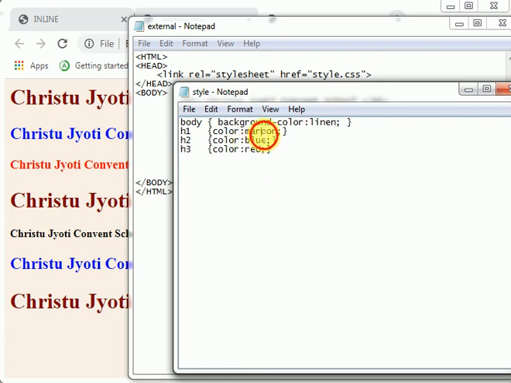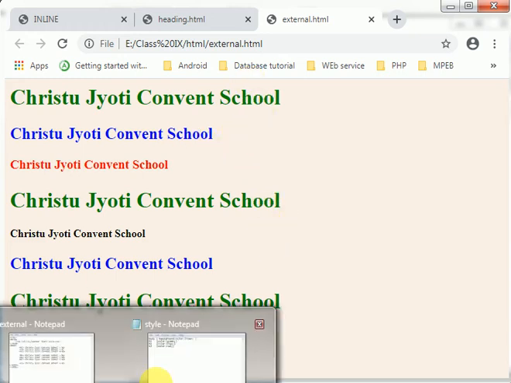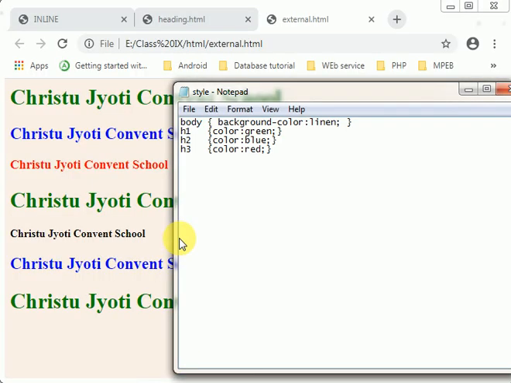If suppose here I am giving this h1 green and save. Okay, and refresh this, so my h1 color is changed here. Got it? So if I am creating any other page, and in that page if I use this style, then automatically all the effect will apply on that web page also. Okay,